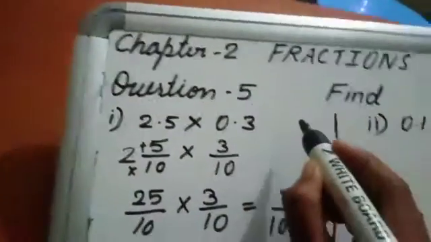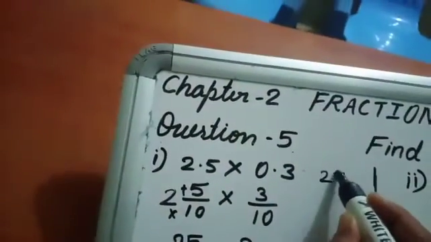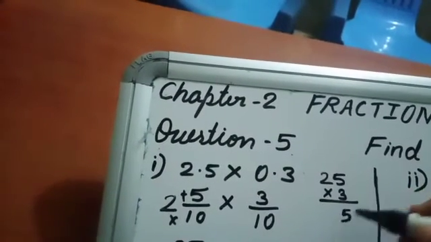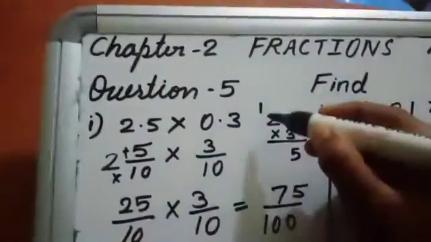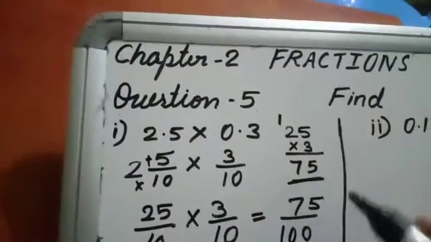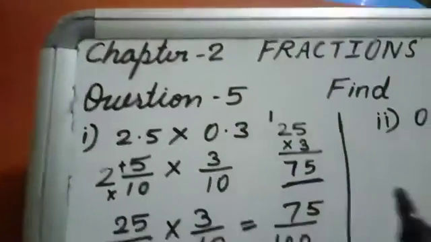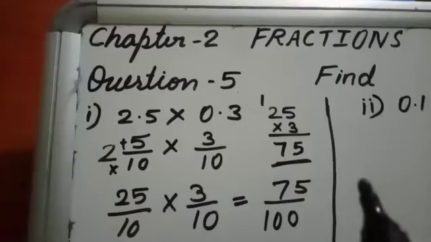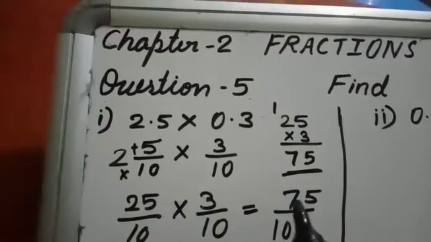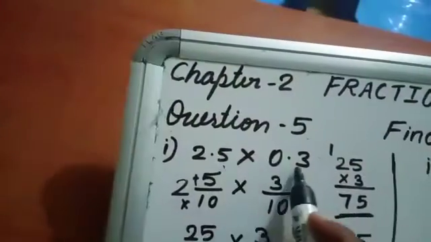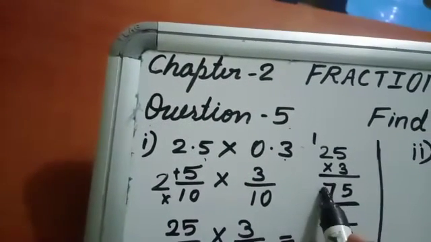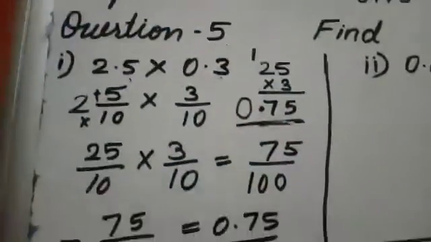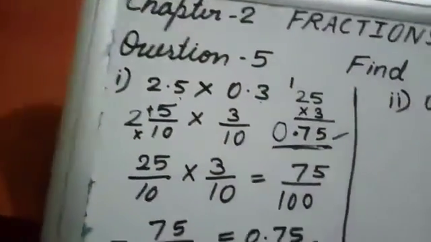Now you can do it directly also. As I told you, you can do it directly without considering decimals. You can write with multiplication. 3 5s are 15, 3 2s are 6, plus 1, 7. Answer is 75. But after ignoring the decimal point, now after multiplying, you have to calculate how many decimal places are there. There are 2 decimal places, so you can leave 2 places and you have to write. So answer is 0.75. Both answers are same.